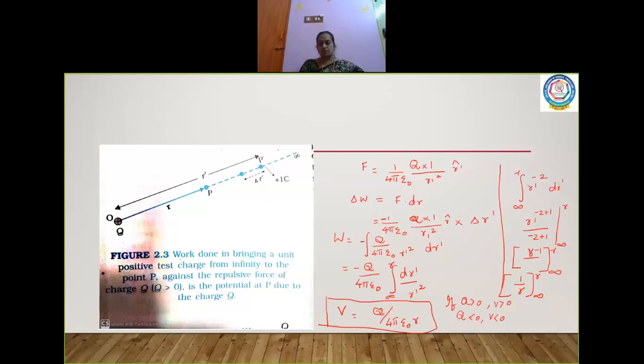Try to understand the concepts clearly, children. Unless you understand it properly, it is very difficult for the forthcoming topics to be understood. So please be very careful in understanding the terms work done and electrostatic force. You have to clearly understand the direction of electrostatic force and the direction of work done. As far as this charge is concerned, the electrostatic force between these two charges will be in this direction, that is along OP. Work done will be towards the source charge, right?